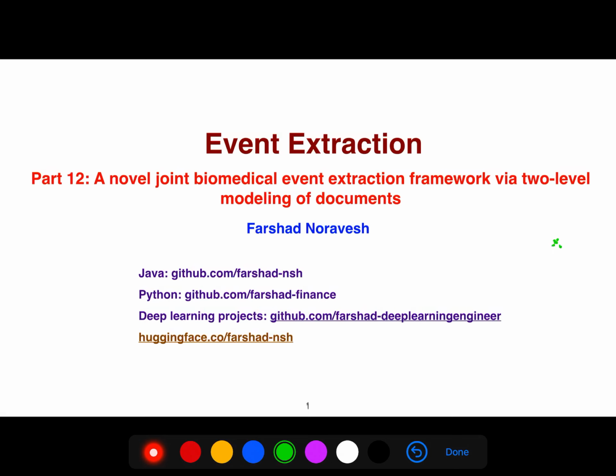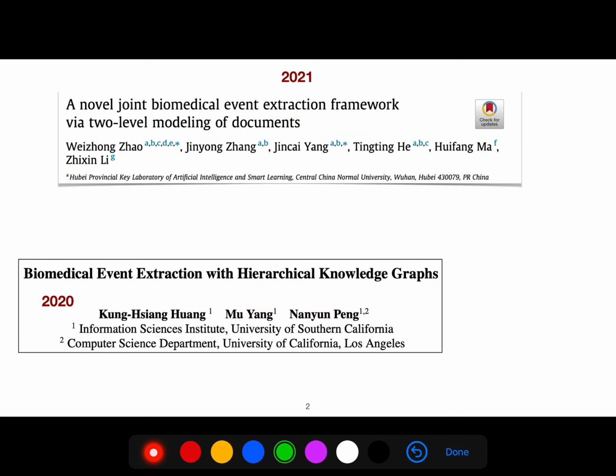In this video, I'm going to be talking about another approach for event extraction, but we are doing it for biomedical text. So our domain is biomedical text. So I'm going to be focusing on this paper in 2021, a novel joint biomedical event extraction framework via two-level